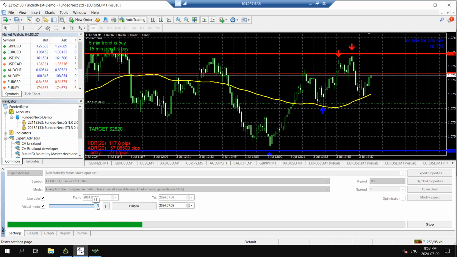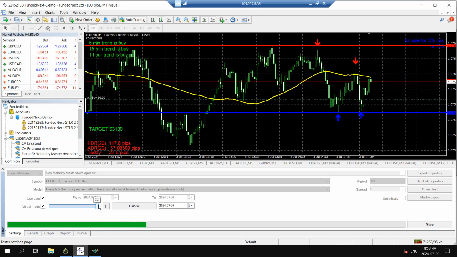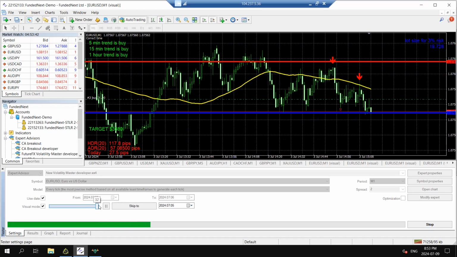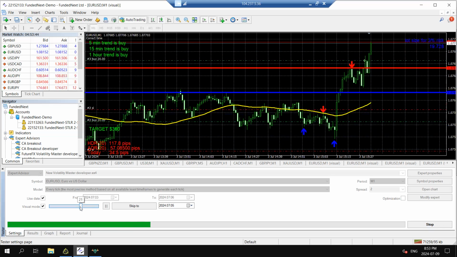Still ranging a fair bit. And it's just opened up a second trade. So we'll be getting,